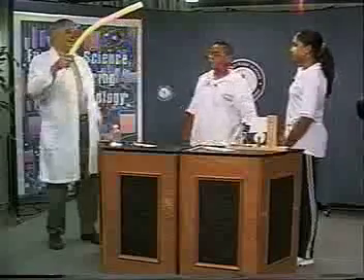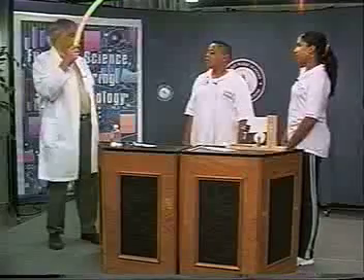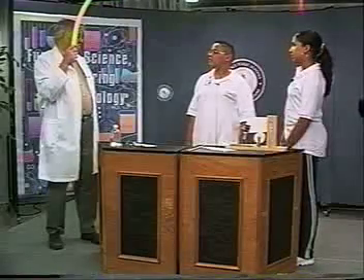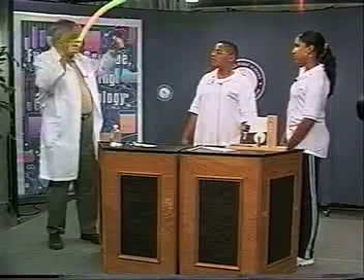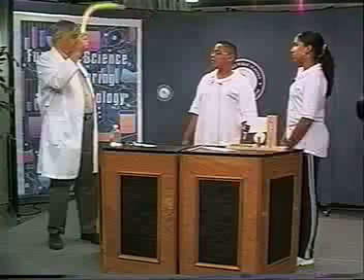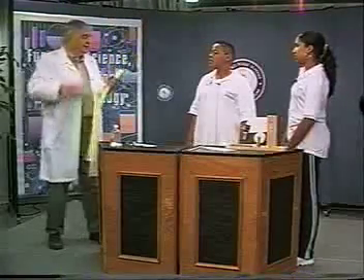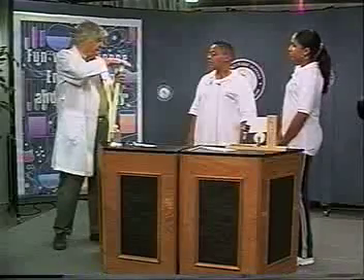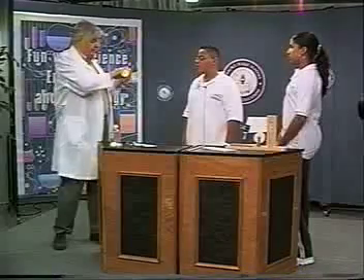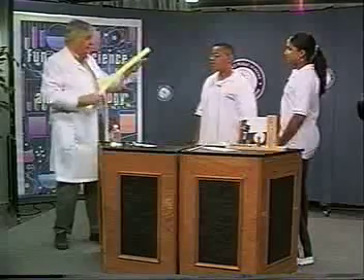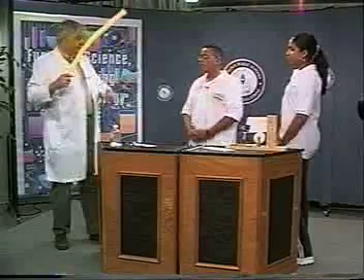All right, so now when I take this and I spin it like this, what happens to this end up here compared to this end down here? It bends, but as far as speed is concerned, this end is not hardly moving at all, right? This end up here is moving through the air pretty fast. So the air going across the top of it is moving pretty fast. So what about the pressure here? It's going to be lower than what it is down here. We're going to have a high pressure here and a low pressure here because of that guy Bernoulli. Same thing makes airplanes fly.